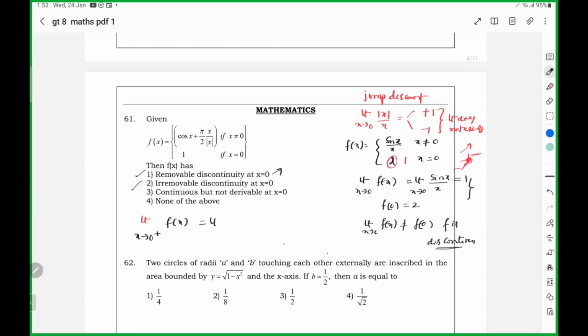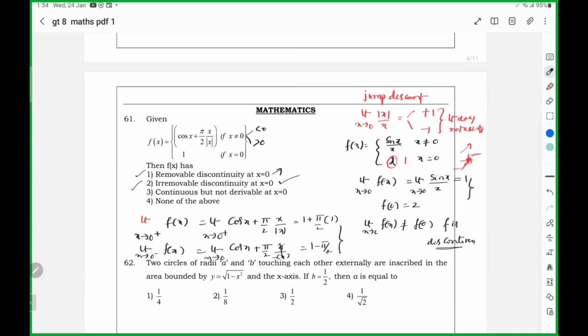More than 0 means, not equal to 0 means lesser and greater both are included there. 0 plus, if you take cos 1 by x, positive, so you get. 0 minus f of x less than 0, mod x becomes minus x. So it is jump discontinuity which comes under irremovable discontinuity. So final answer is